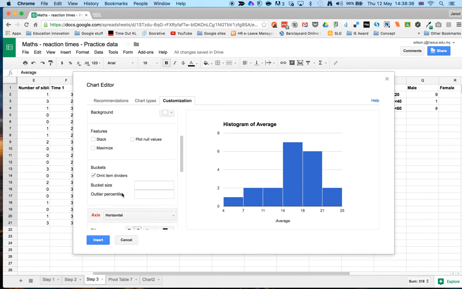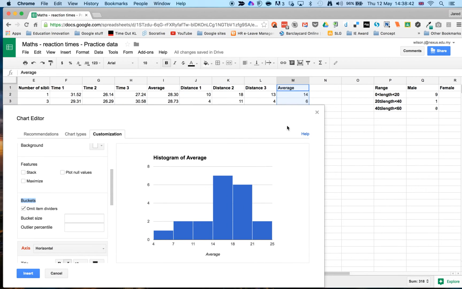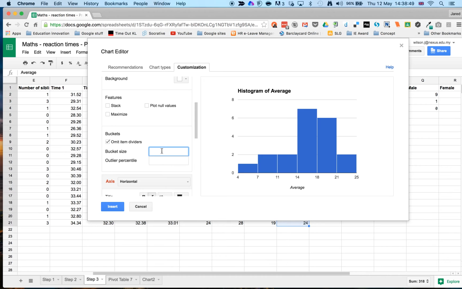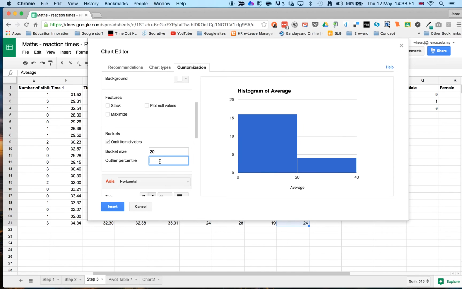Now as I scroll down, you can see this is my bucket, so I can actually start creating categories. And across here, from previously my table, I've got 3 categories: 0 to 20, 20 to 40, and 40 to 60. So let's try it with a bucket size of 20. And you can see I've got 2 sets of data there, so just over 15 people. I've got 16 people who are in average of 0 to 20, but because I haven't got data past that,